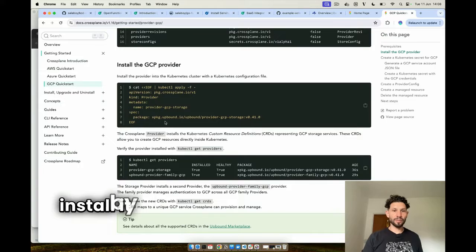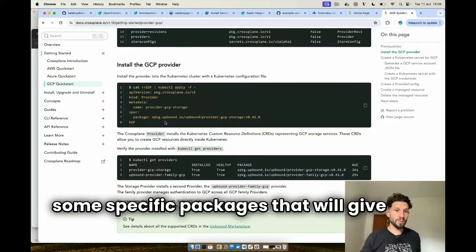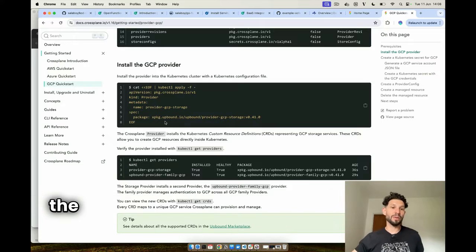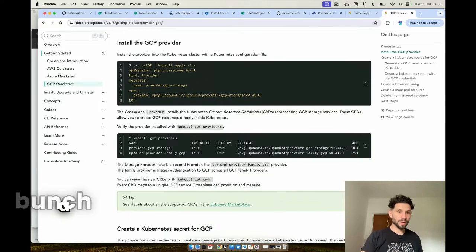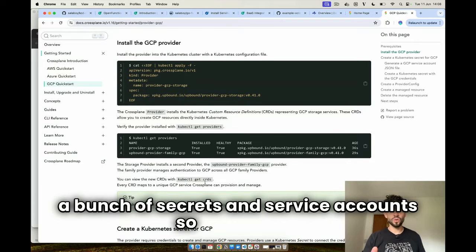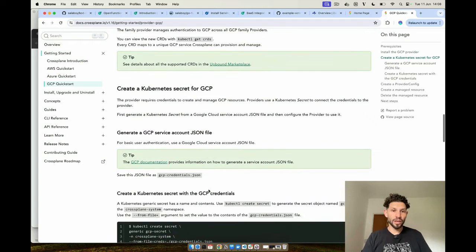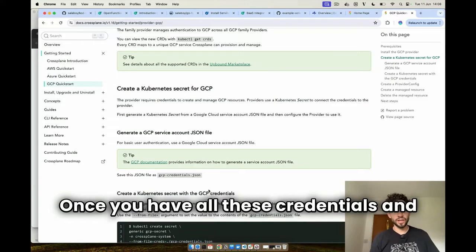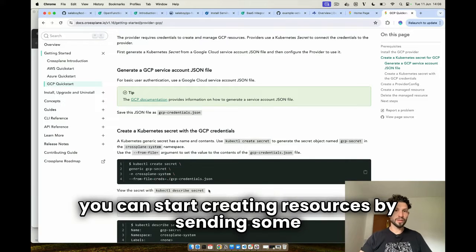And you install it by creating a new resource and installing some specific packages that will give you access to the GCP APIs to provision resources in that way. You create a bunch of secrets and service accounts so Crossplane can go and create resources on your behalf. Once you have all these credentials and everything in place, you can start creating resources by sending some Kubernetes resources